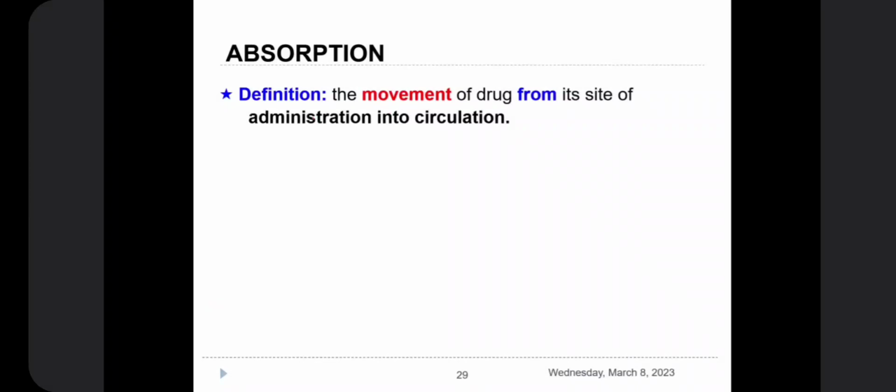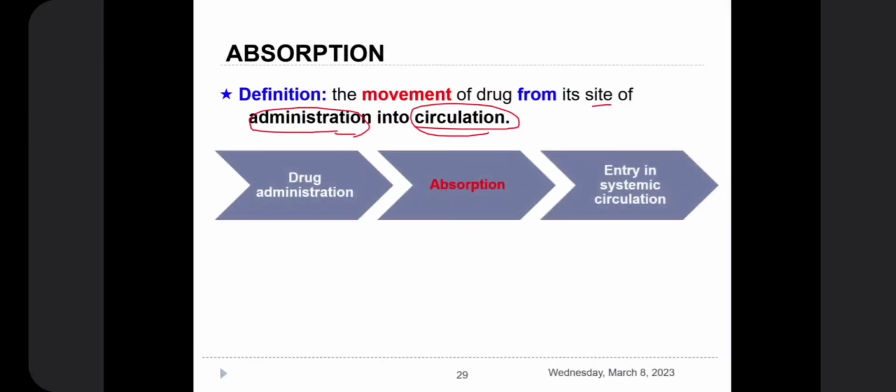Because absorption, distribution, and excretion are movements of drugs, we define them from a beginning to an ending. The beginning of absorption is the site of administration, and the termination is the circulation. So the movement from the site of administration into the circulation is absorption. You can see in this figure where the absorption is, from the administration to the circulation,